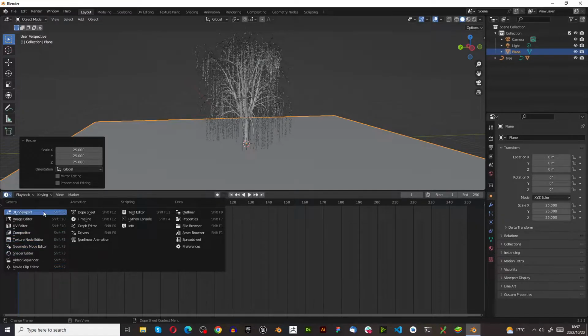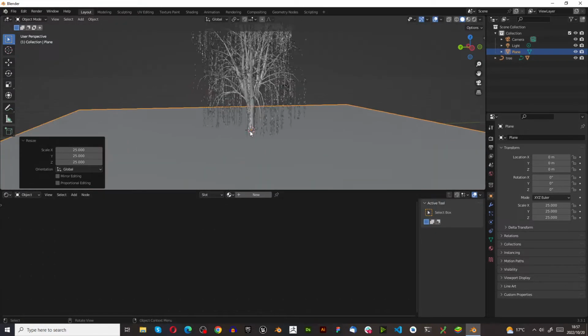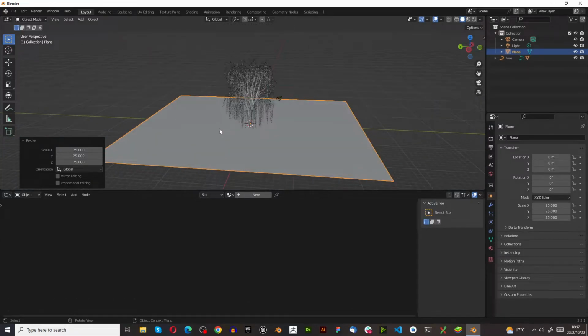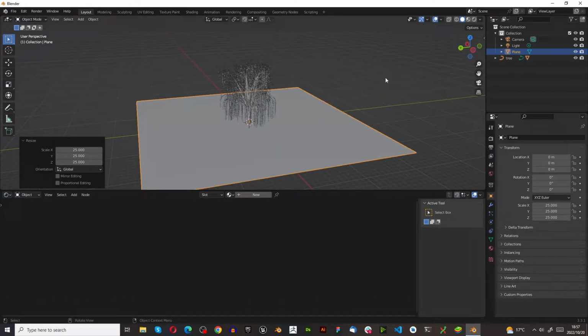We can use the image editor, or, to be honest with you, the shader editor is the best one, so we'll use the shader editor. Not going to cover things that aren't relevant. Right, now that we've got the shader editor here, one thing we want to do is change our viewport